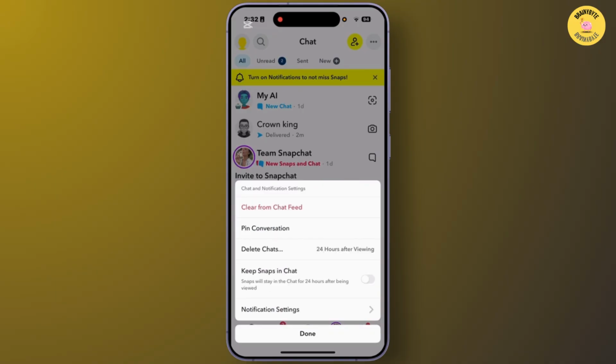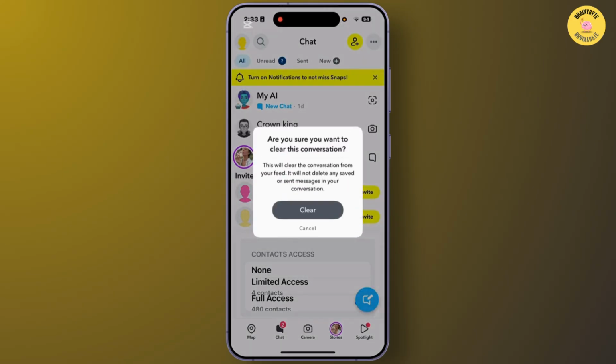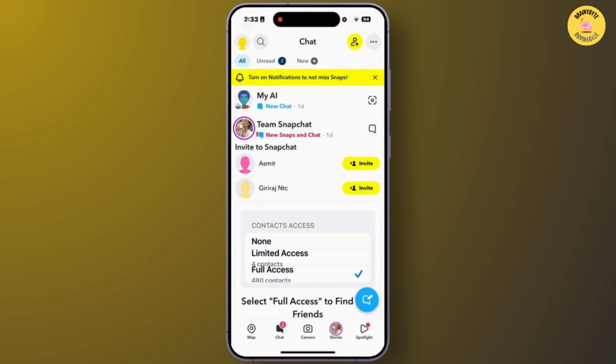Okay, so from the chat and notification settings, you can easily find options like hide chat, or you can also go to the option like clear from chat feed. So if you find the option like hide chat, you can easily tap on that, or you can also tap on the option clear from chat feed. Okay, tap on clear. Alright, so as you can see, I have successfully cleared the chat of my friend on